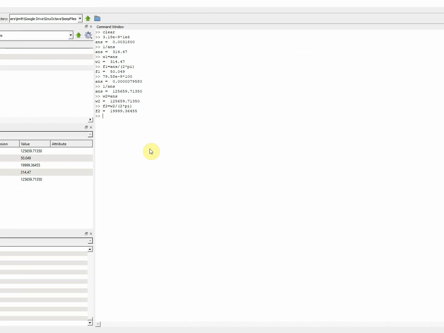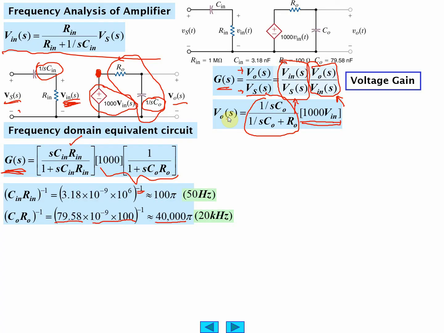Okay, so now I've double checked. I'm over here on new octave. The second frequency is 20,000 hertz, which is 40,000 pi radians per second. The first frequency, 50 hertz, which is 100 pi radians per second. So it makes sense. Everything in this makes sense. I always like to double check that stuff. So make the substitutions, CRN to the -1,